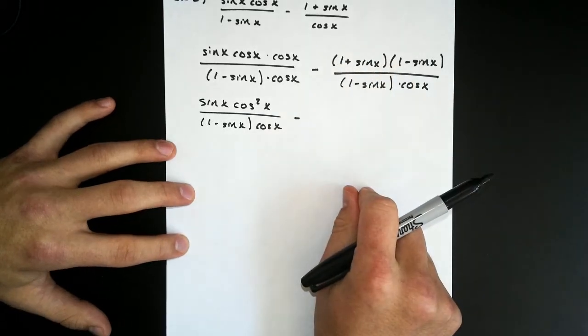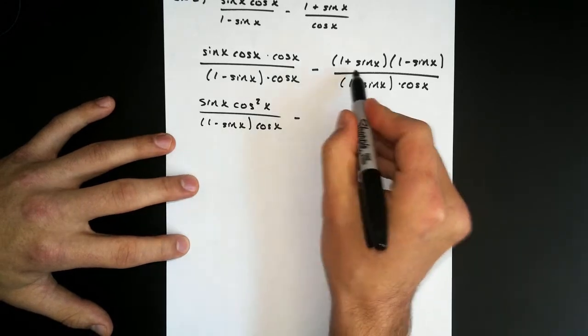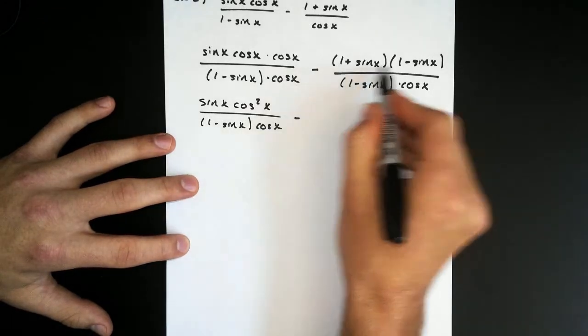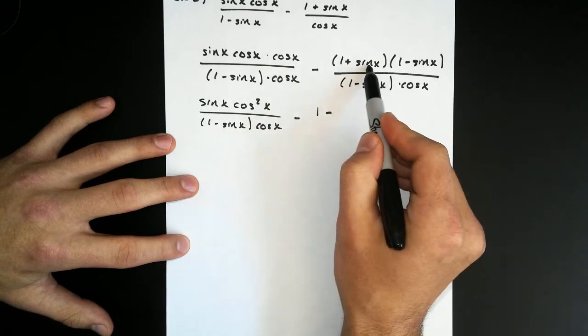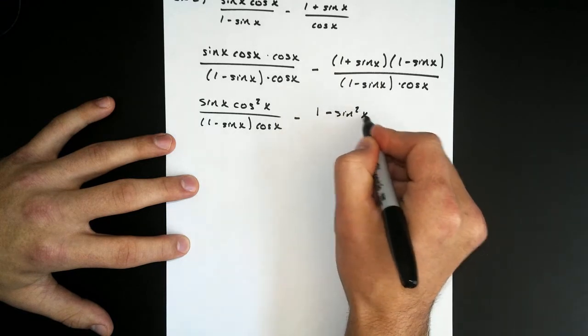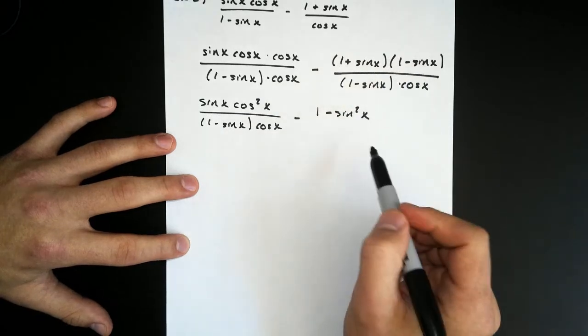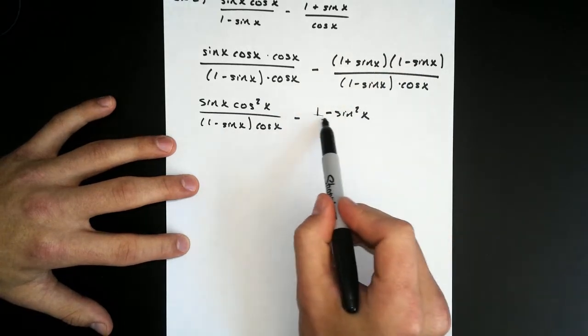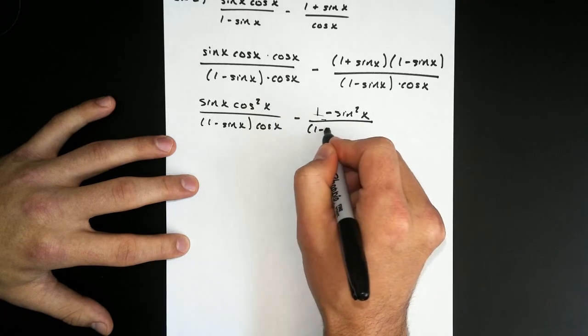So this is going to be the difference of perfect squares. So the shortcut is 1 times itself is 1, and then we have minus sine times itself, so sine squared of x. You could multiply this all out and you would see that those middle terms do cancel out, and this is what you're left with. And then our denominator,